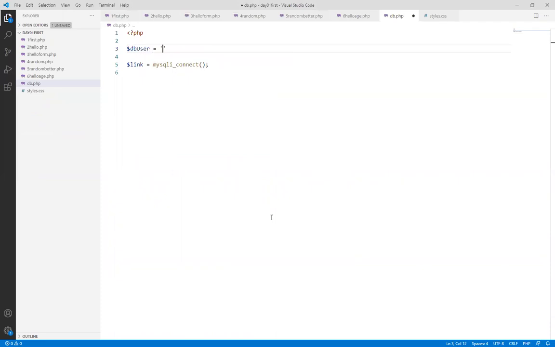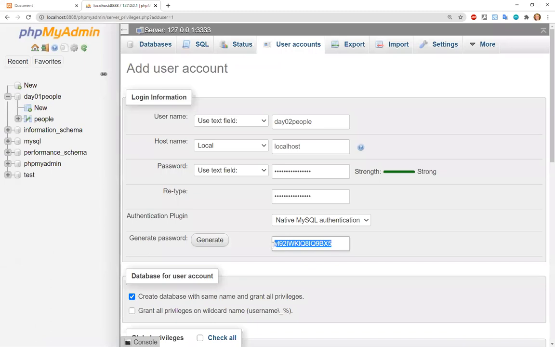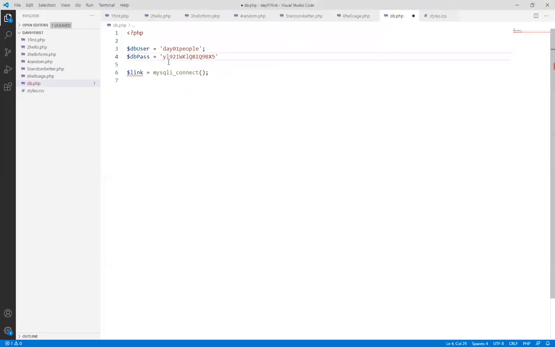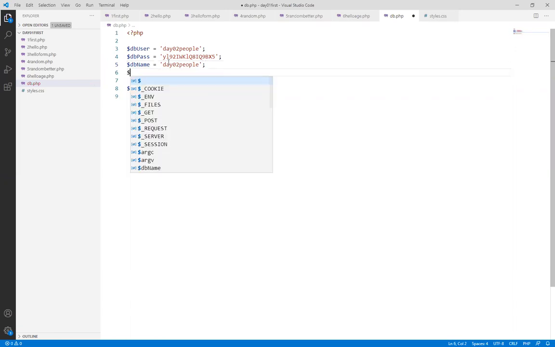All right, let's add it here. So DB user will be day02_people. DB pass is, exactly, we're going to copy the password from here. Now, do not press generate again. Do it once and then copy the password from here. All right. Then we have DB name. So the name of the database is the same. So day01_people. Excuse me, day02. My bad. Day02. Because now we have two databases with very similar names. Careful there. And then DB host will be localhost